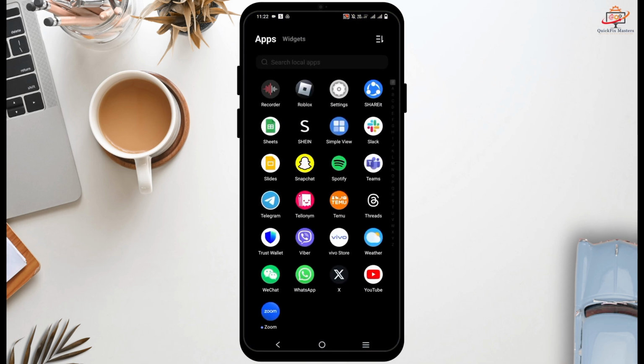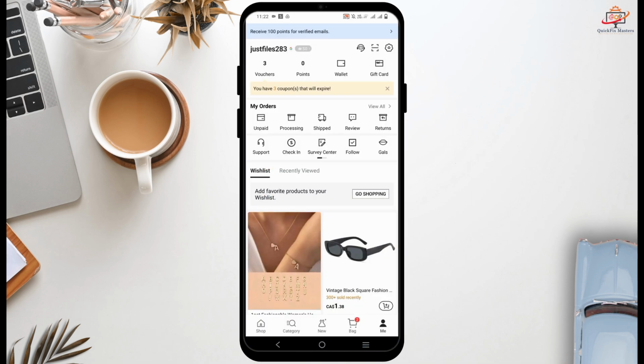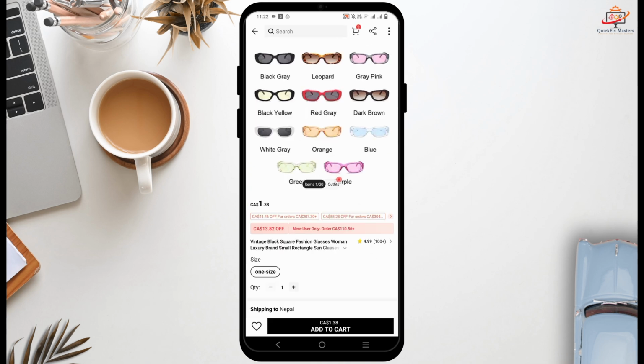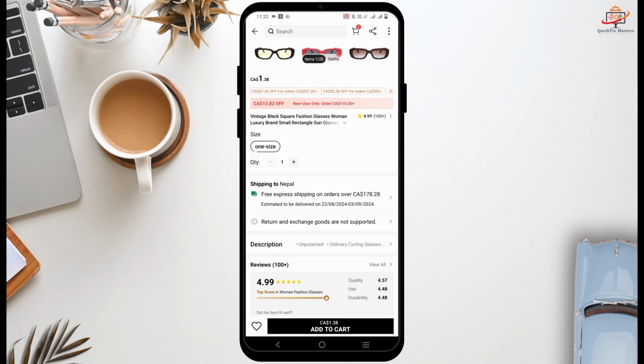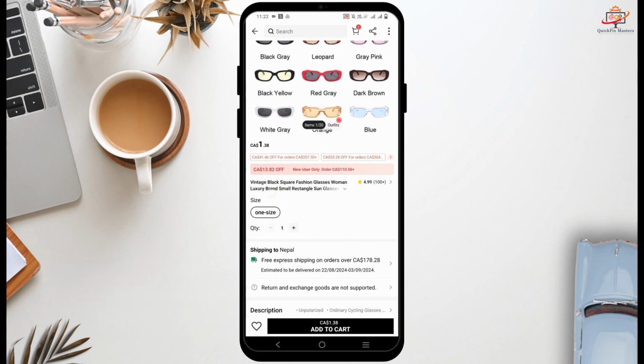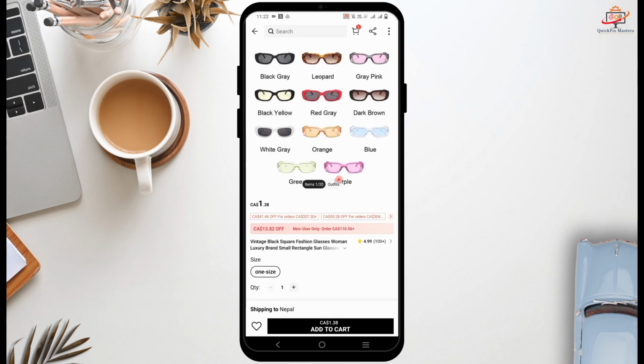If you like a certain item but are not thinking to buy it right now, you can add the items to wish list. For this, launch the app, open the item that you want to add to wish list, and there is a heart icon which is under the bottom left corner. Just tap on the heart and it will change its color to black, which means it has been added to